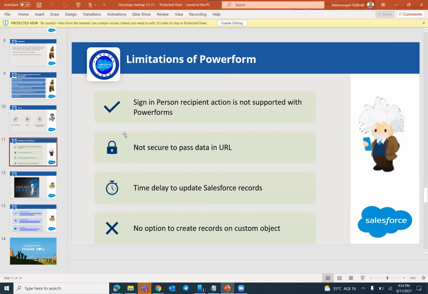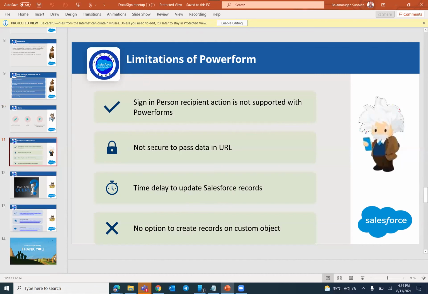Power Form is not person specific; it's global. The major concept is that anyone can access that form. Maybe in future a single sign-in person might be available in Power Form also.